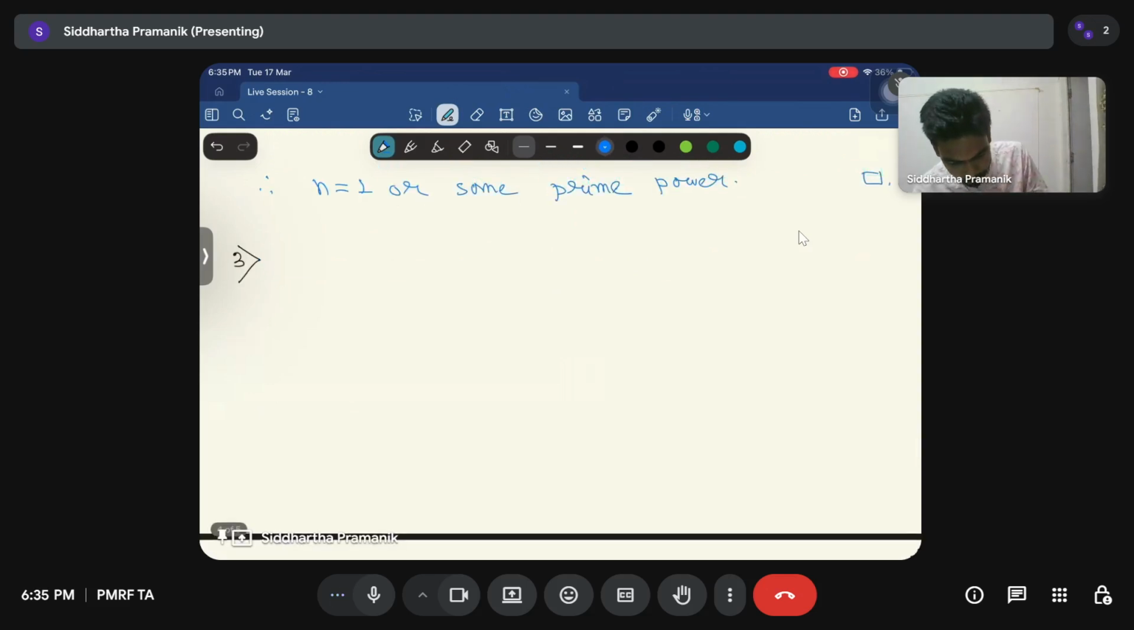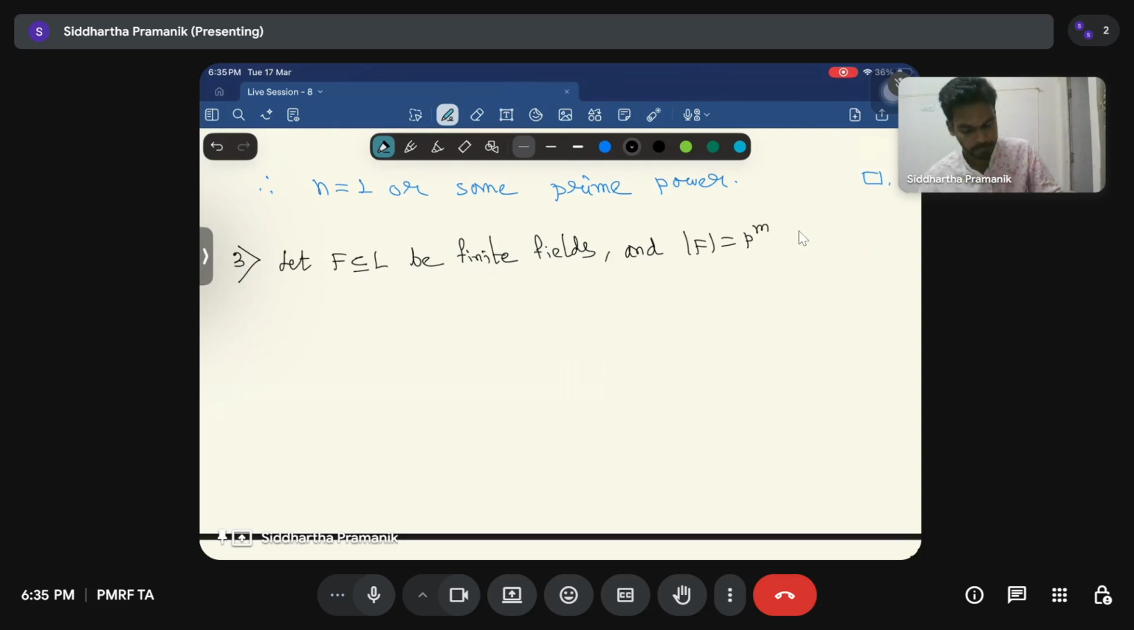So let F be a subset of L, finite fields, and the cardinality of F is some p power m, right? Because a finite field has to be of order some prime power. So we are specifying the cardinality of the base field. So now let alpha be an element which is in L but not in F,